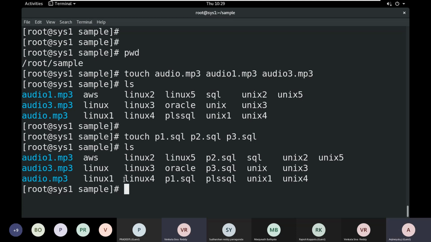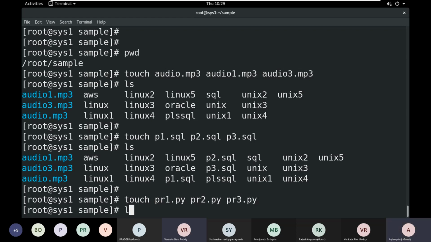We have the extension .mp3 as well as .sql. Sometimes we have Python files too, so touch program1.py, program2.py, program3.py, like that.